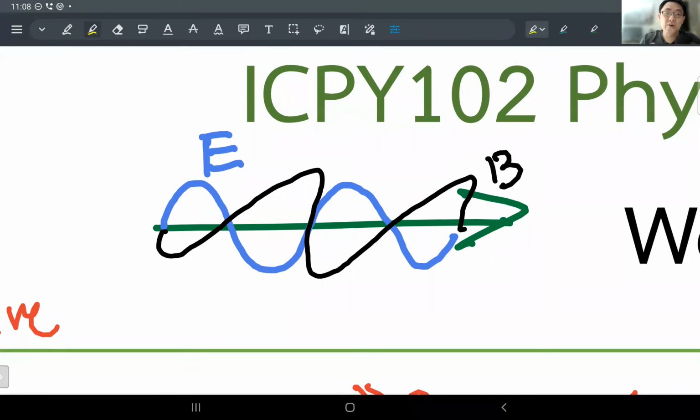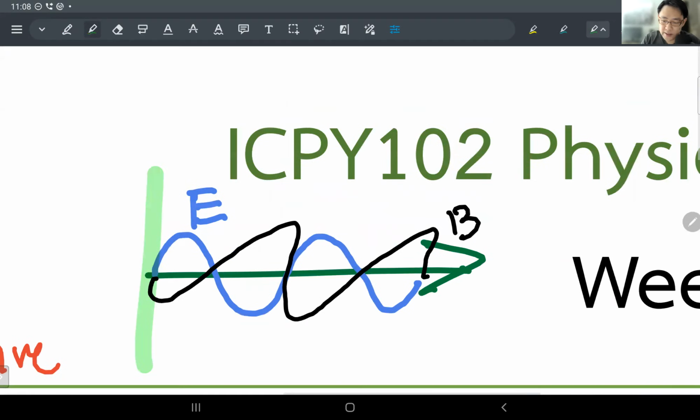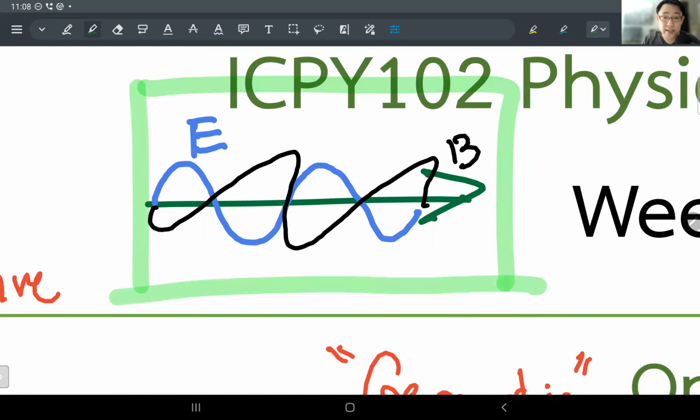So electric field will induce the magnetic field, and magnetic field induce the electric field back. When there's nothing in the space, that is the best for them to do the business. So when you put this light in some other medium, for example, glass, or maybe send it into water, inside that glass or inside that water, you will have plenty of